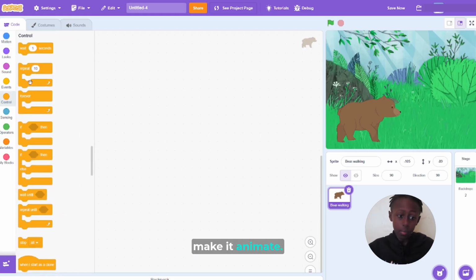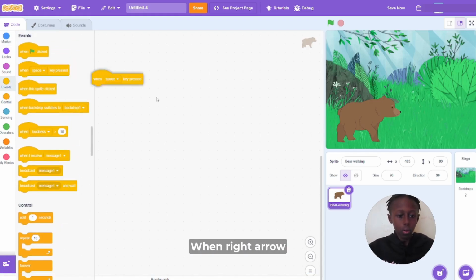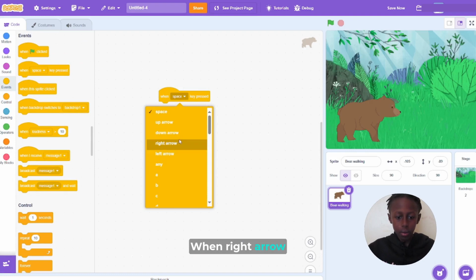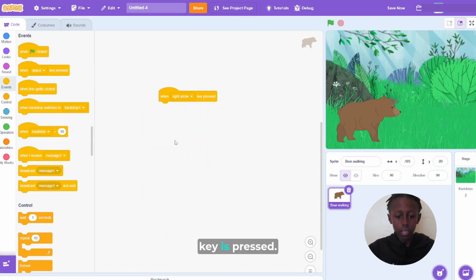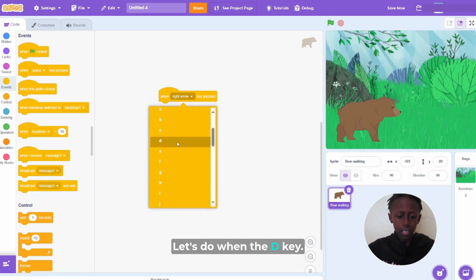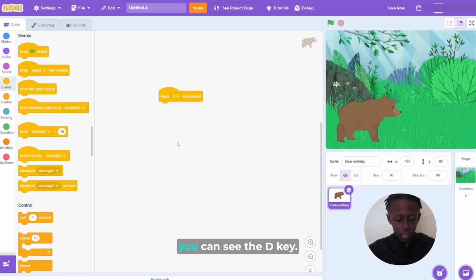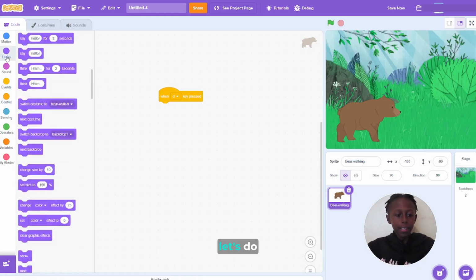Now next, let's make it animate. So first we need, when the right arrow key is pressed, so when you press, no, let's do when the D key. If you use PC, you can see the D key when you're playing Roblox or something. You press the D key to turn right. So when D key is pressed, let's do